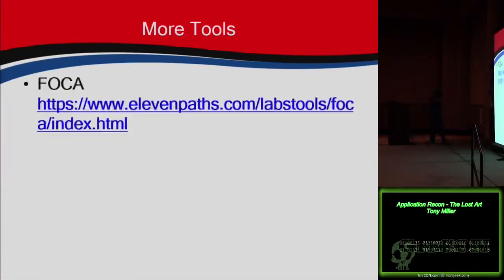Some more tools. Foca. Wolf was up here before and kind of mentioned this, he gave you a quick screenshot of it. Foca is a great metadata gathering tool. It'll go out and explore metadata within multiple different types of files. It uses search engines, and it pulls in network info from DNS and from ARIN and so forth. So it'll give you a really good wide-ranging view of what's going on within a particular website or web application. This one's really slick. It's all graphical, so for those of you that really like GUIs, you're all set.